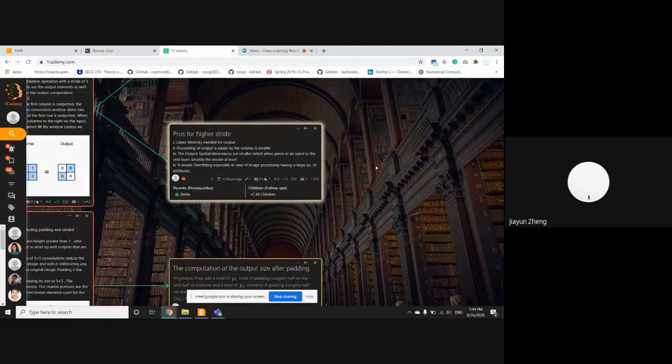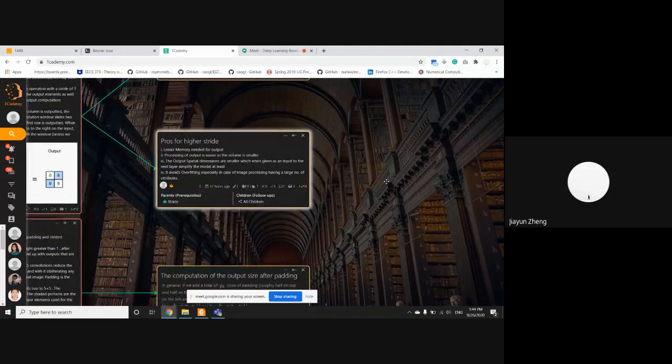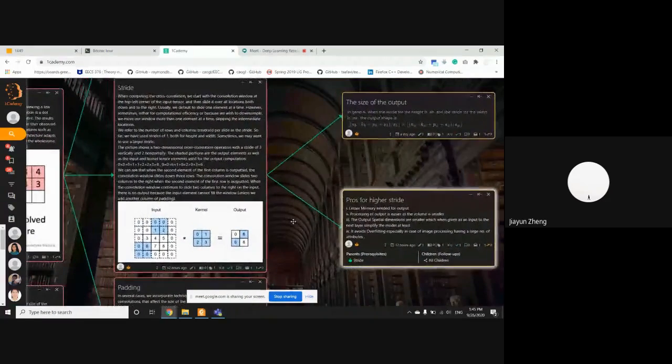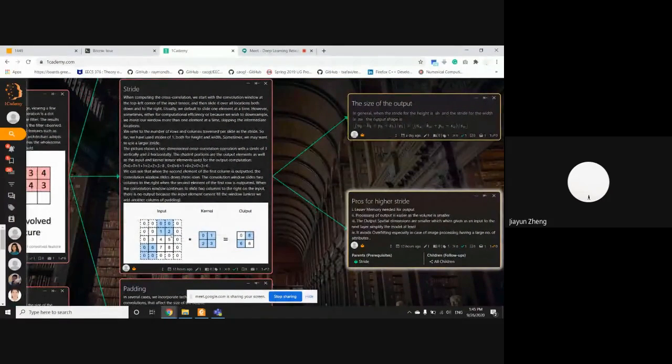And then our processing of the output will be easier. This is about memory and processing. And another thing is that we can make our model simpler so that we can prevent overfitting. So these are the advantages of why we want to use a higher stride. So in this example, we can see that